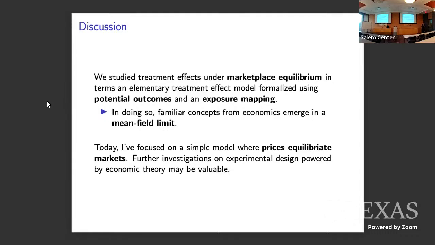And yeah, what does this mean more broadly? I think today I've talked about one model, right, where prices equilibrate markets. The way I see this is it's a special case of trying to study randomized trials and treatment effect estimation in complex systems that come up when you're trying to run experiments in a setting where everyone is interacting with each other, and trying to combine theory from economics and social sciences on what happens in these systems with best practices from causal inference on trying to be as non-parametric as possible and see what you can get.